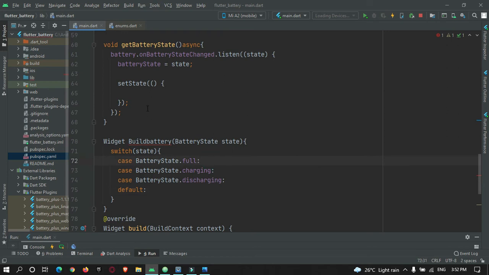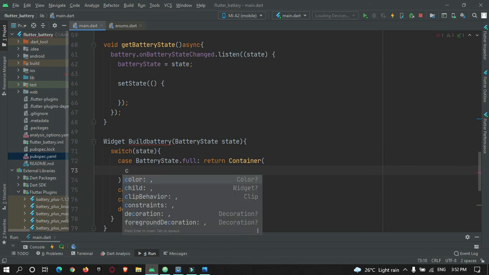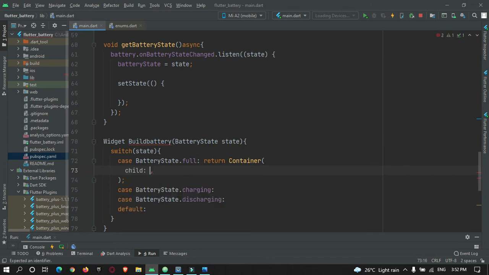The widget will be our battery. So return container. The container will have a child, that is icon, Icons dot battery full.